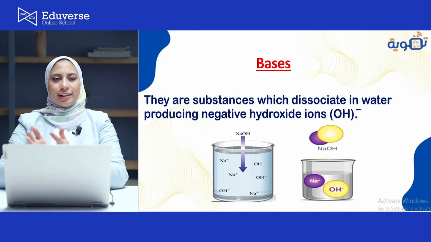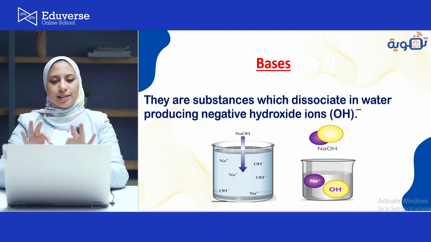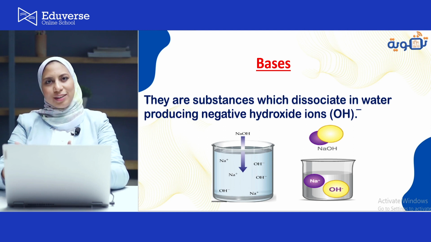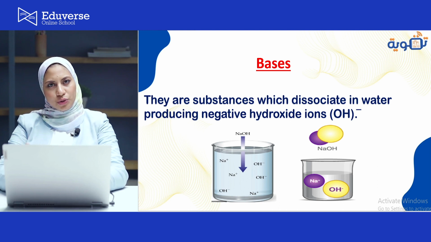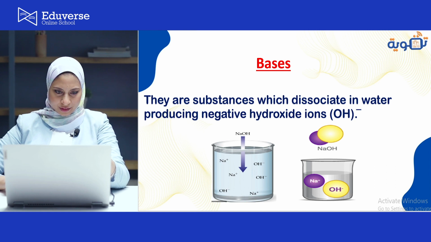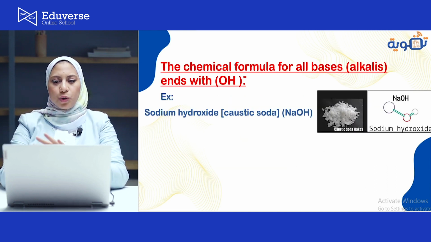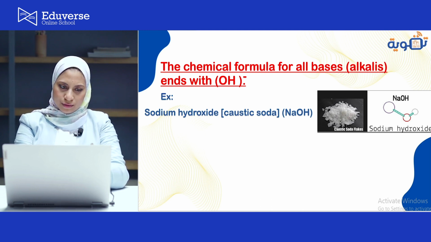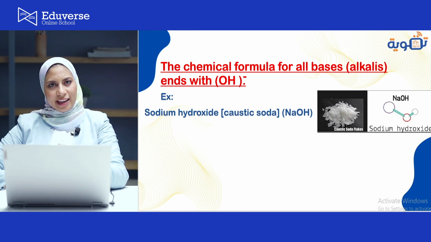Okay, now we are going to talk about bases. They are substances which dissociate or dissolve in water, but will give you negative hydroxide ions. Okay. The chemical formula for all bases ends with OH negative, like sodium hydroxide, caustic soda, it will be